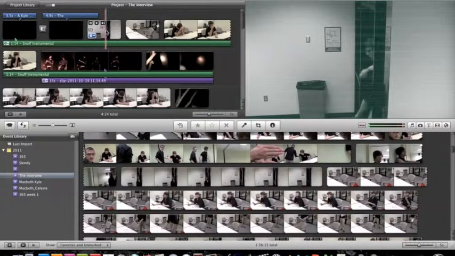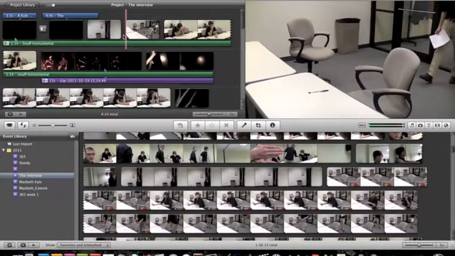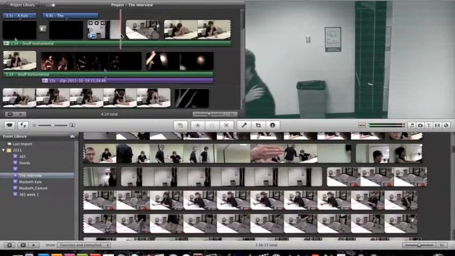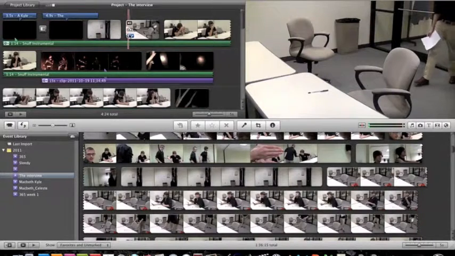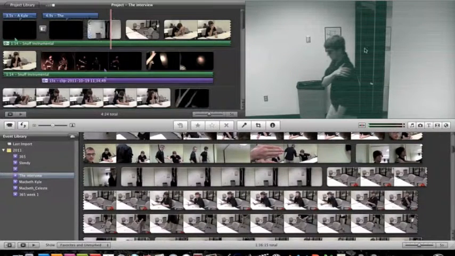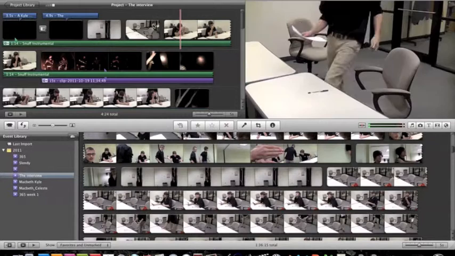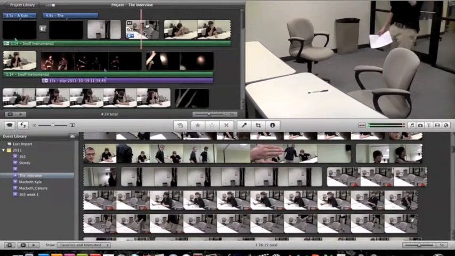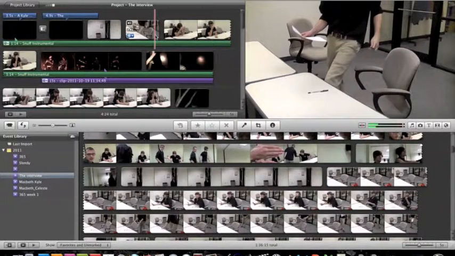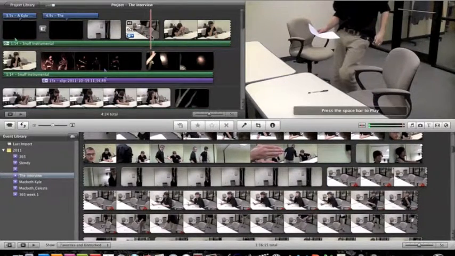So it has my friend Jeff walk in, and he walks out of frame, and he continues walking. I actually had him walk through those doors in this shot and also in this shot to make it look a little more seamless. And then for this shot, and then for this cutaway,